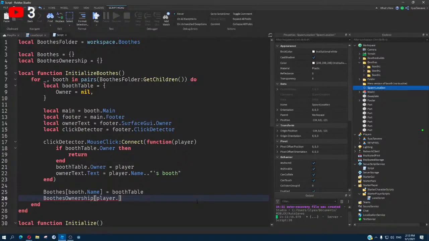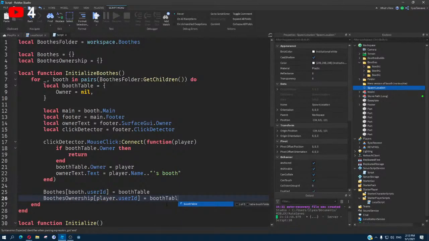I think that's much better because the player name can change and so you'll have a problem right there. So yeah, dot user ID. We'll use the user ID. Okay. Equal to